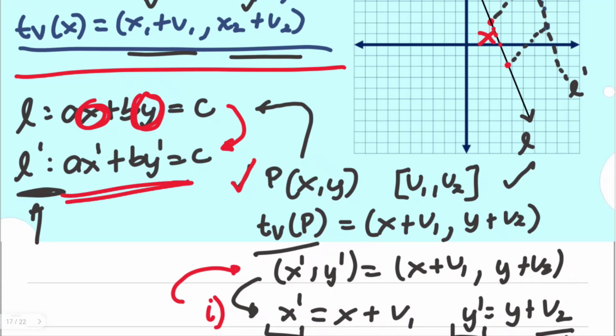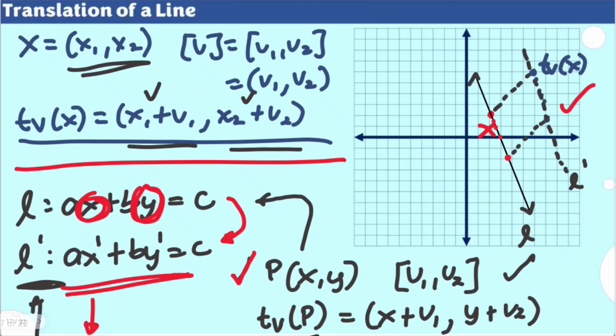And for us to really see the translated line, we can graph this later on, whatever the equation would be, to show this entire graph. We will have more examples or illustrations for this.